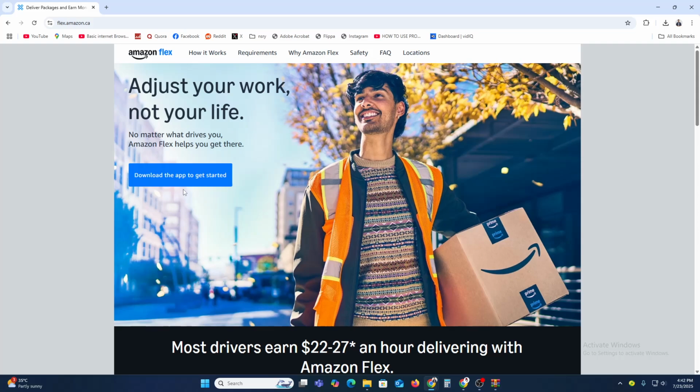So once you are approved, download the Amazon Flex app from the App Store or Google Play. Log in, set your profile, and choose your preferred delivery blocks. These are the shifts you will work when you pick up a block. You will head to the Amazon delivery stations, load up your packages, and start delivering. And that's it. Now you are ready to create your Amazon Flex account in Canada and start earning extra income